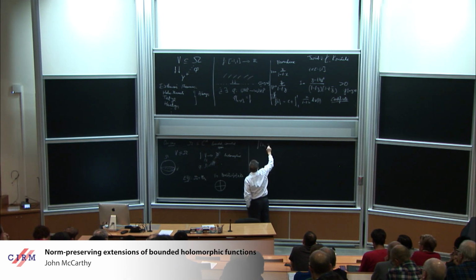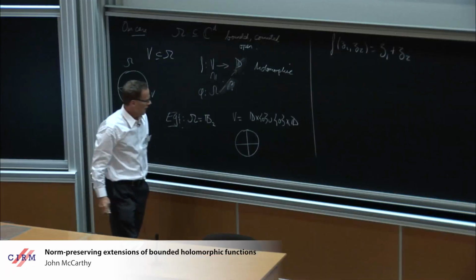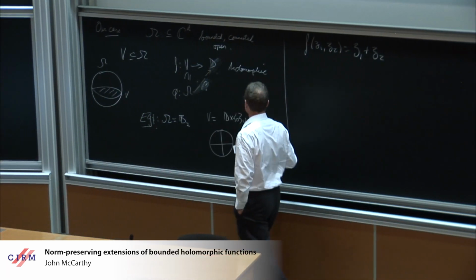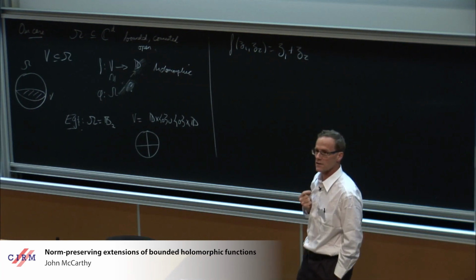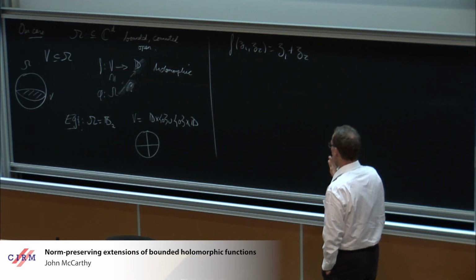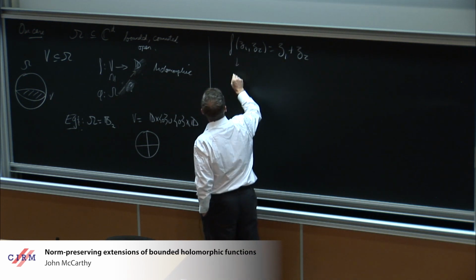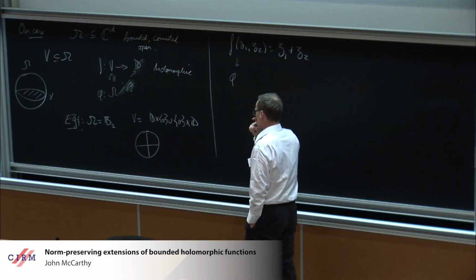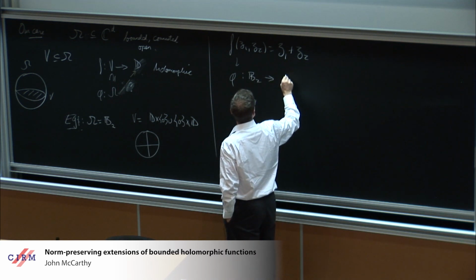And I define f to be z1 plus z2. Well, clearly on the cross, one of these two terms is 0 and the other one is in the unit disk, so this will take values in the unit disk. But suppose I have some phi which extends it,